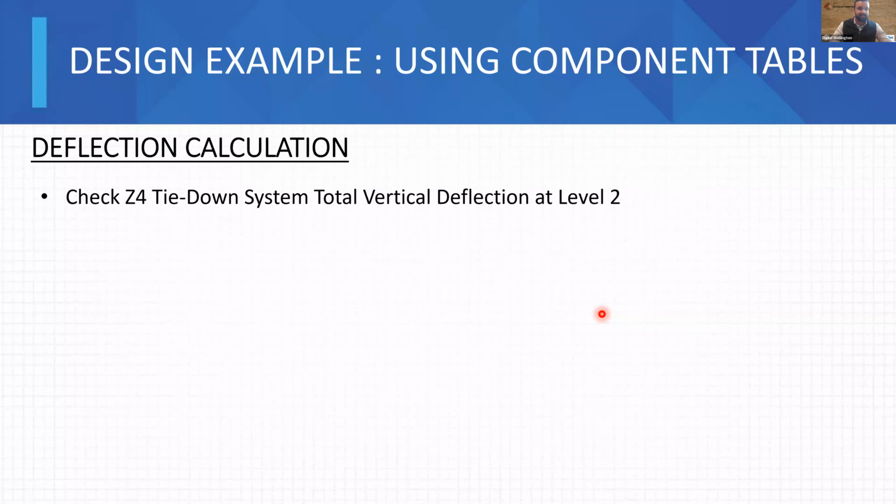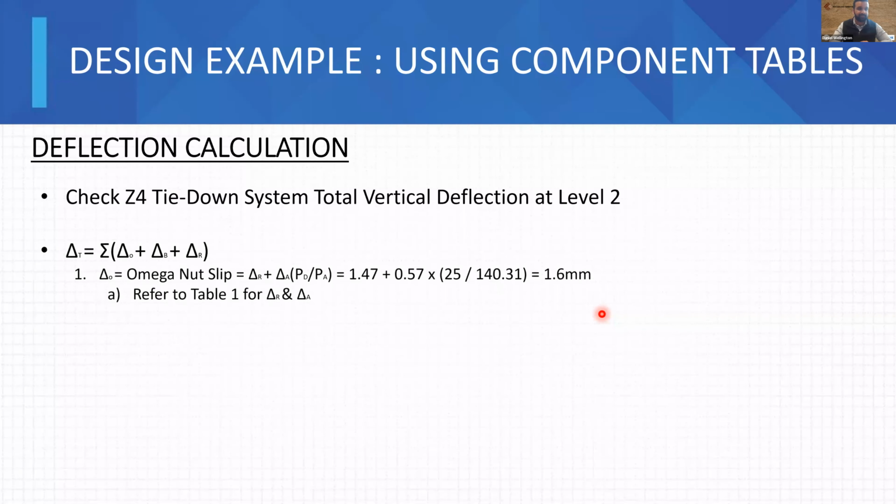We have to check the Z4 tie-down system total vertical deflection at level 2. So there are 3 components to this. We have the omega nut, the bearing plate washer, and the rod. So that's what these 3 deltas are here for. There is, as I said before, the movement of the omega nut itself, and that can be broken up into 2 components, as I previously stated. So you have the slip of the omega nut,